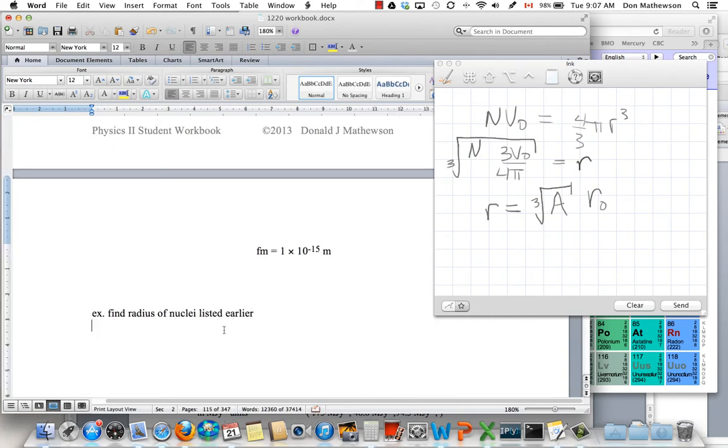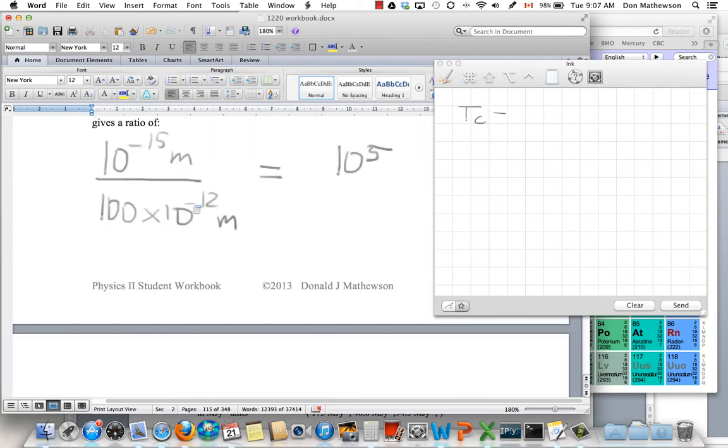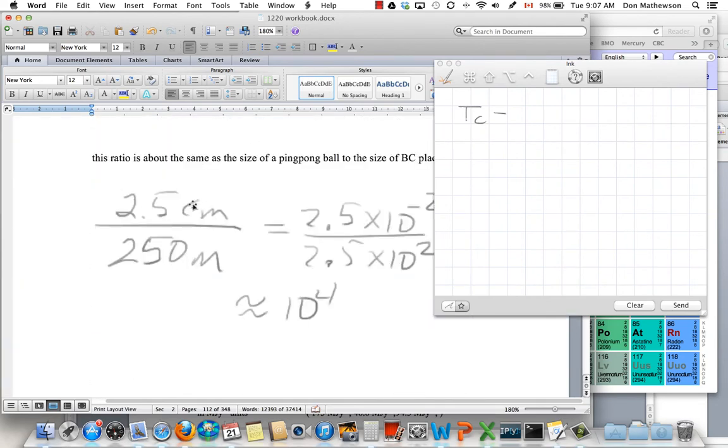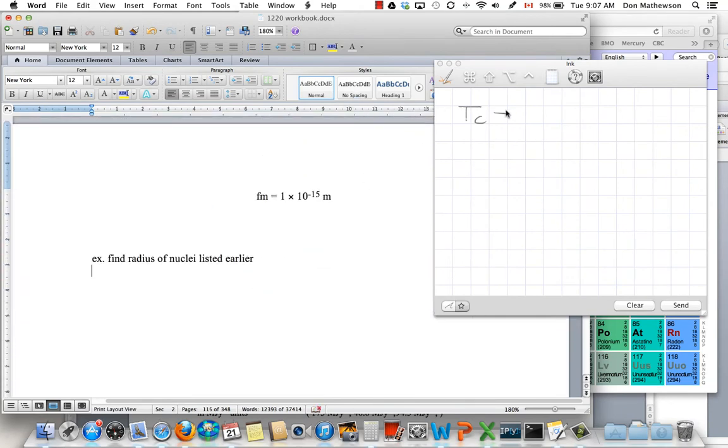So for the two nuclei listed earlier, the first one was technetium, let's see, was it 97? Yeah, Tech 97. So back down here, here we go. Technetium 97. So A is 97. So the radius of that nucleus will be the cube root of 97 times r naught, which is the cube root of 97